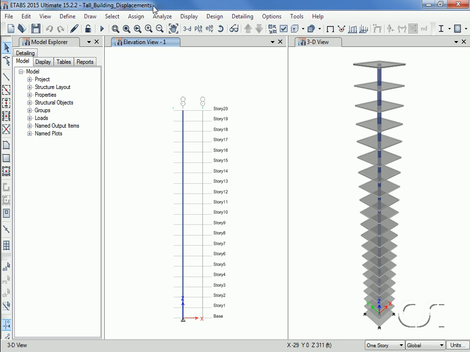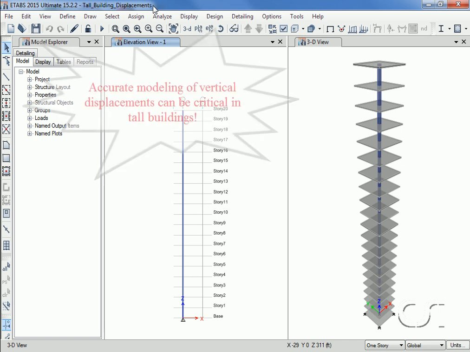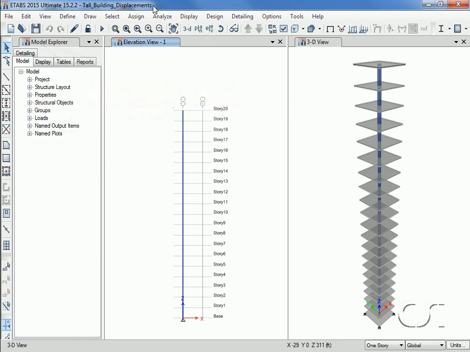This tutorial will show how the calculated gravity load deformations in a building can vary depending upon the analysis technique used. An accurate accounting of vertical displacements becomes very important in taller buildings where effects can be magnified. If these vertical displacements are not correctly estimated, not only can structural elements such as columns, beams, slabs, and walls